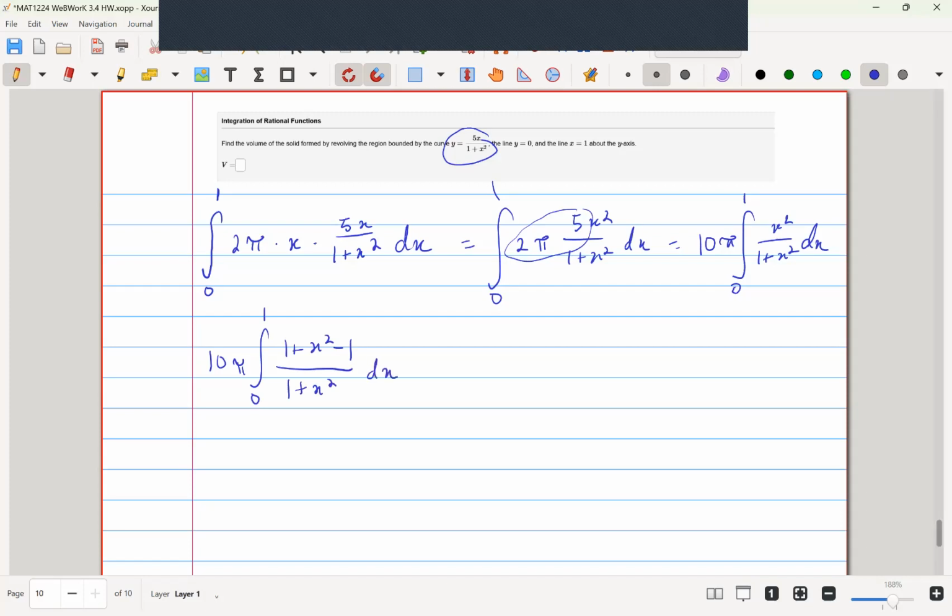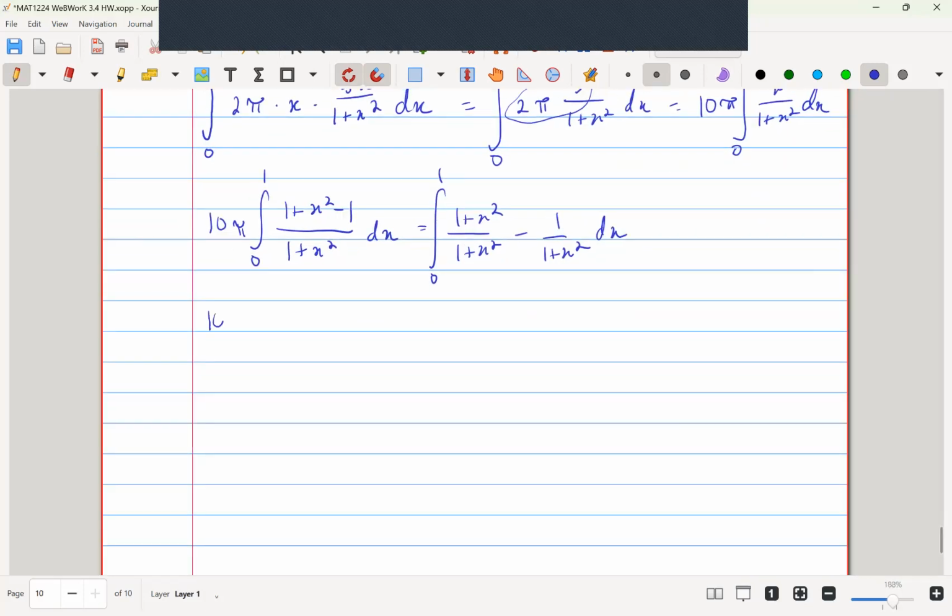So we're adding a 1 and subtracting a 1, making it equivalent. Now, we can split this up into two integrals, and then minus 1 over 1 plus x squared. Perfect. 0 to 1 dx. So let's rewrite that. So we now have 10 pi integral of 0 to 1 of dx, minus, pardon me, minus 10 pi integral of 0 to 1 of 1 over 1 plus x squared dx,